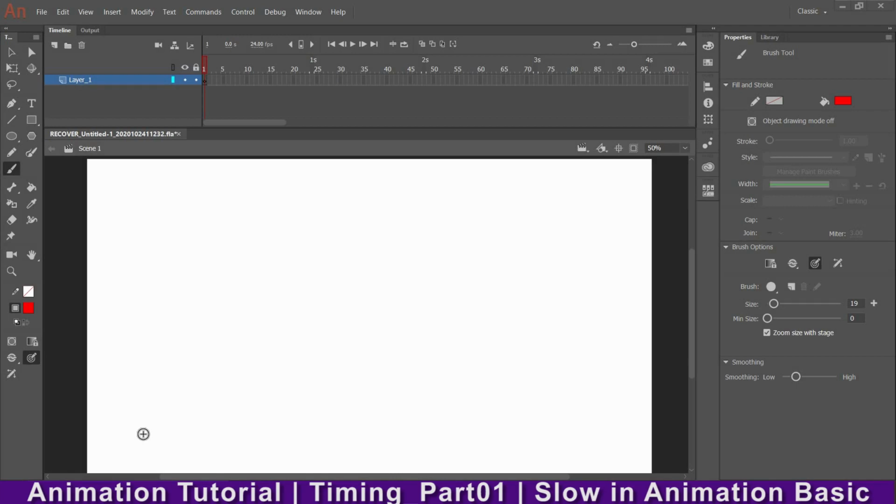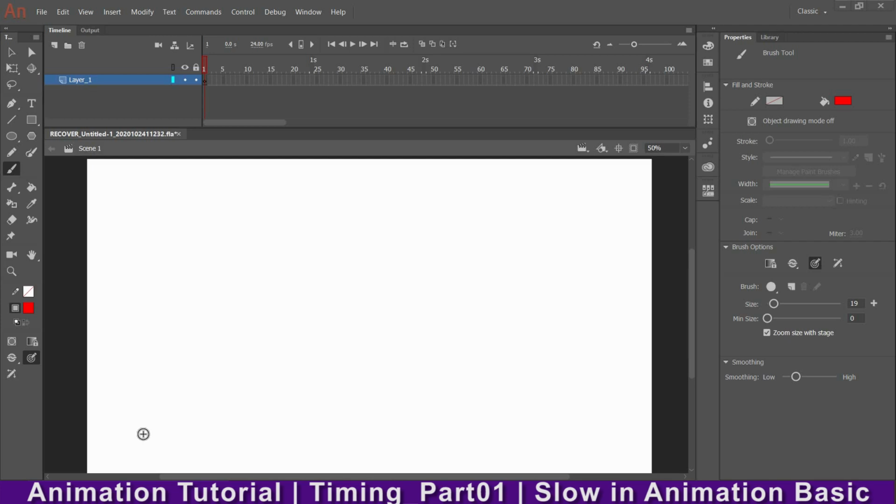So today in this video, we have started animation in my last video. In this video I'm going to explain to you about the timing of animation. What is timing of animation? See, when we do animation, the motion of the object or any character or any part, if it is moving, what is the speed of that object or that character?